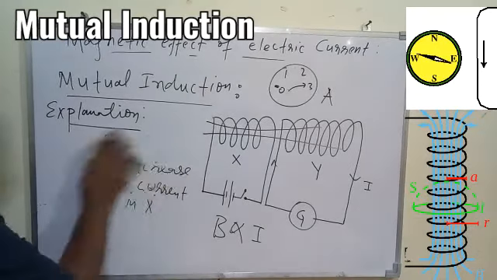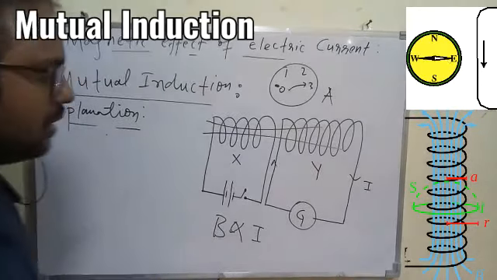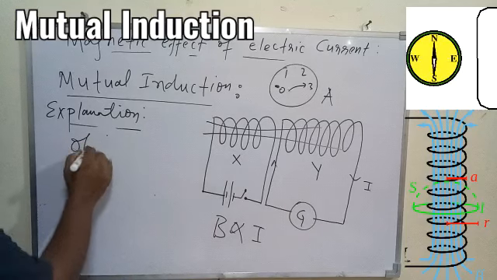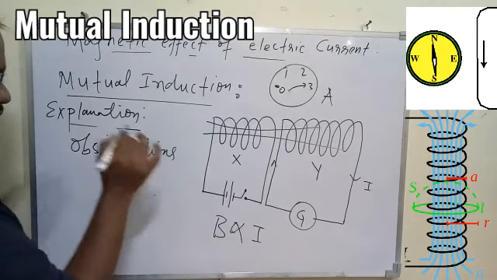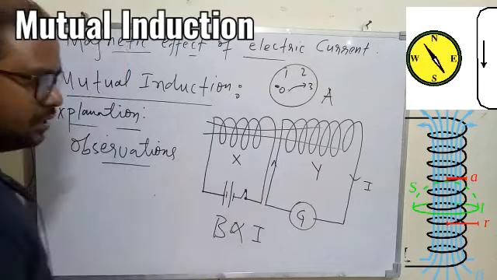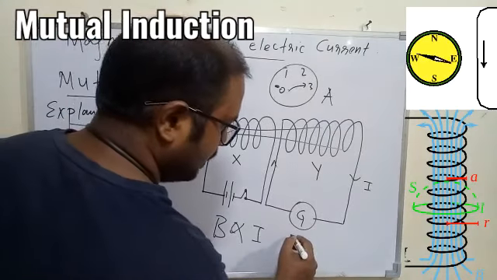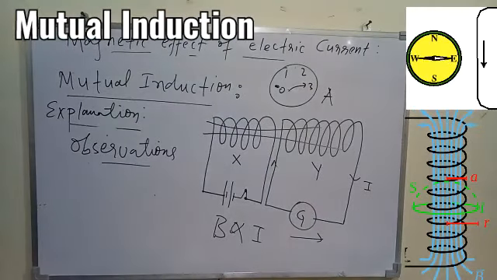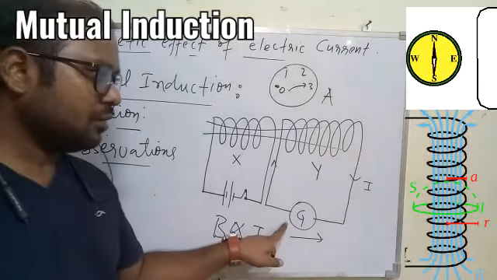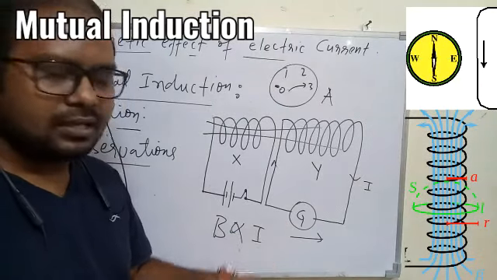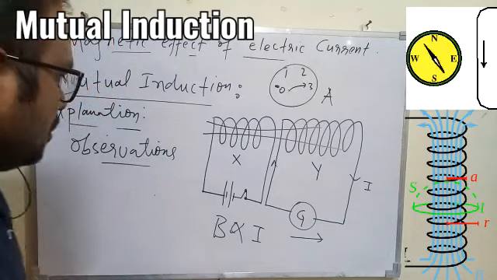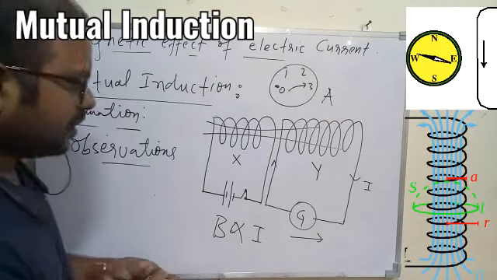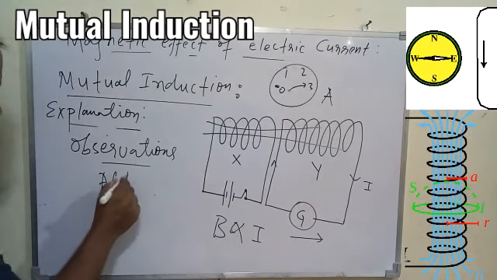Okay, now, so finally what will be your observation? We'll talk the cases. So very first we switch on the circuit. What you see, the needle will move in a direction, so it will show you some current. So induced current will increase in coil Y, so coil Y will show you some induced current. Okay, this is understood. Now the time after 1 second, what will happen?